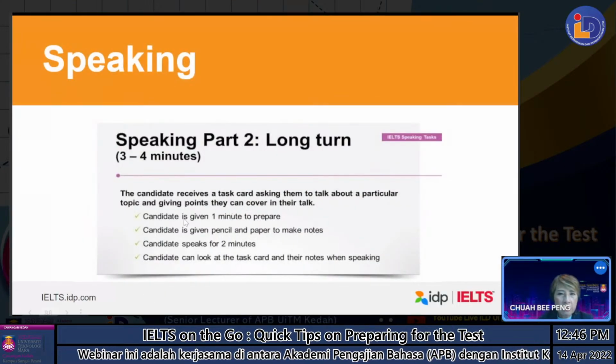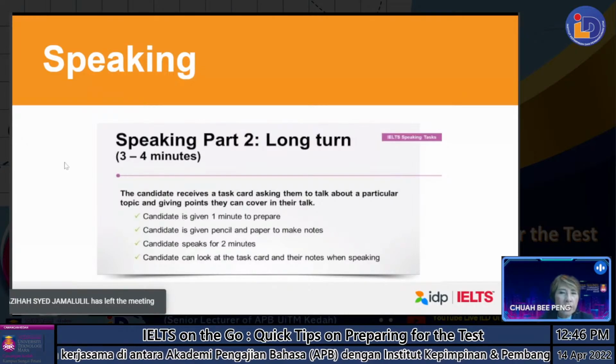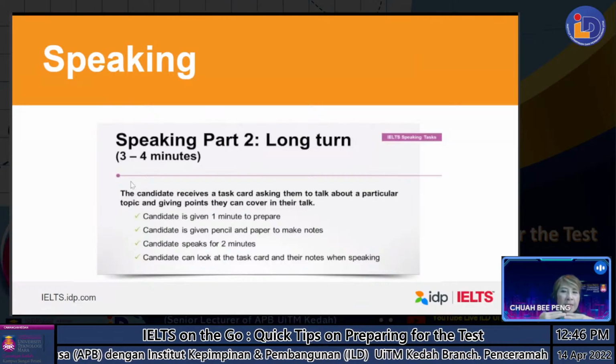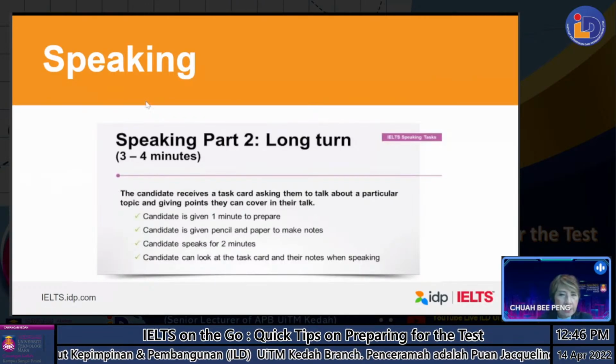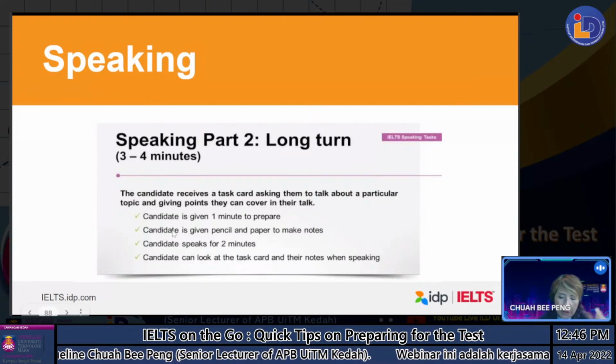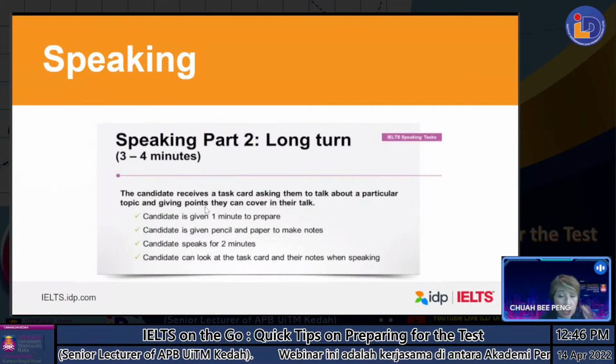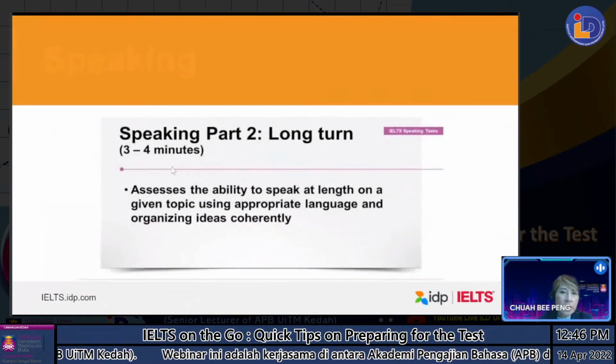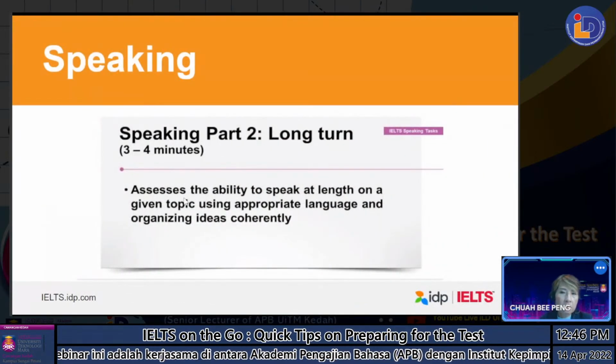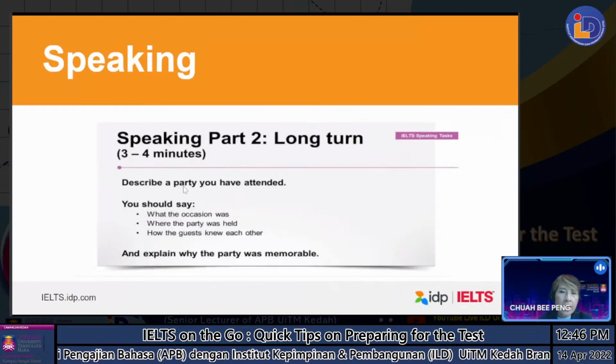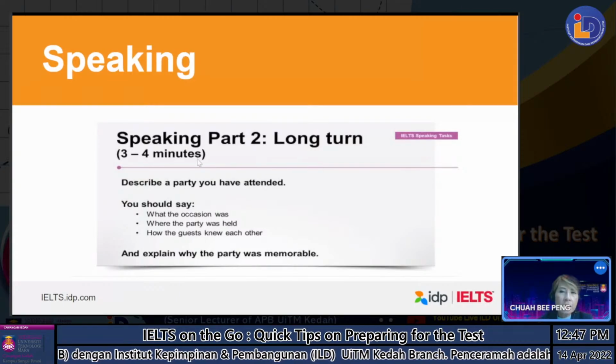Part 2 is long term. Part 1, I don't think you should worry too much about, because it's all very scripted and you'll be guided by the examiner. Part 2 is long term, in which you're given the topic and then you will have 1 minute to prepare. So use that time well and give yourself an idea what you're going to write and what you're going to talk about. And then you'll be timed for 2 minutes to speak. You'll be assessed for 2 minutes to talk about the topic. Okay, and lastly, you have part 3.